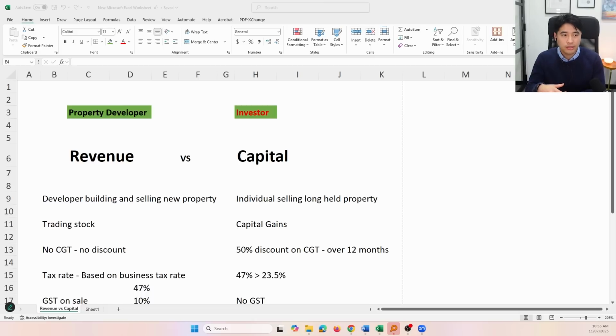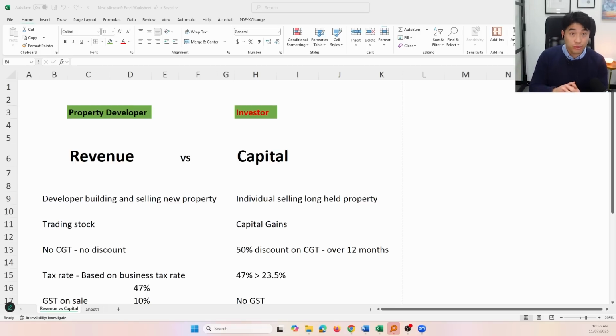And as a property owner, you got to determine the interest that you're claiming. Is it going to be on the rental income? Do you claim it against the rental income, or do you claim it against the sale of the property? And if you haven't been renting it out at all, then technically that interest that you're incurring, they call it holding costs, and you put it against the cost base of the sale. So when you sell it, you do sale price minus cost base, which also includes holding costs, and you work out the profit from there.